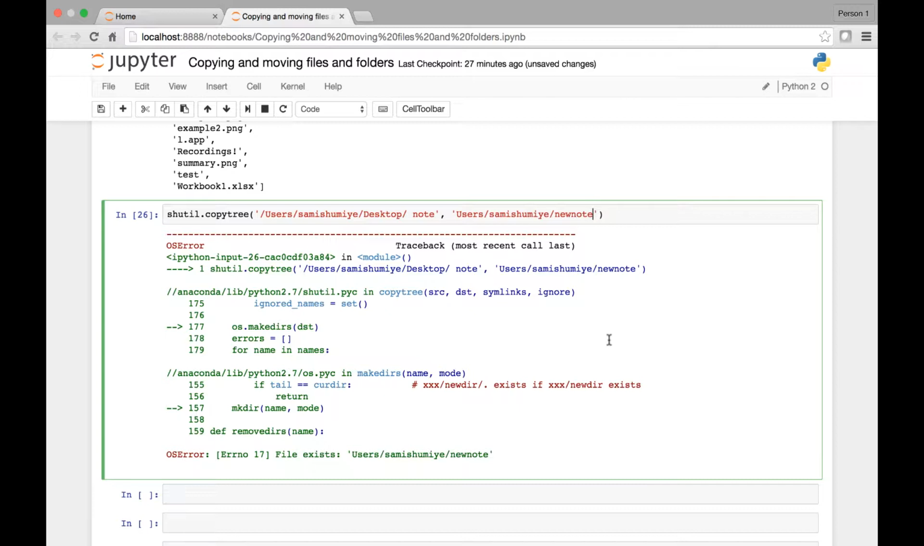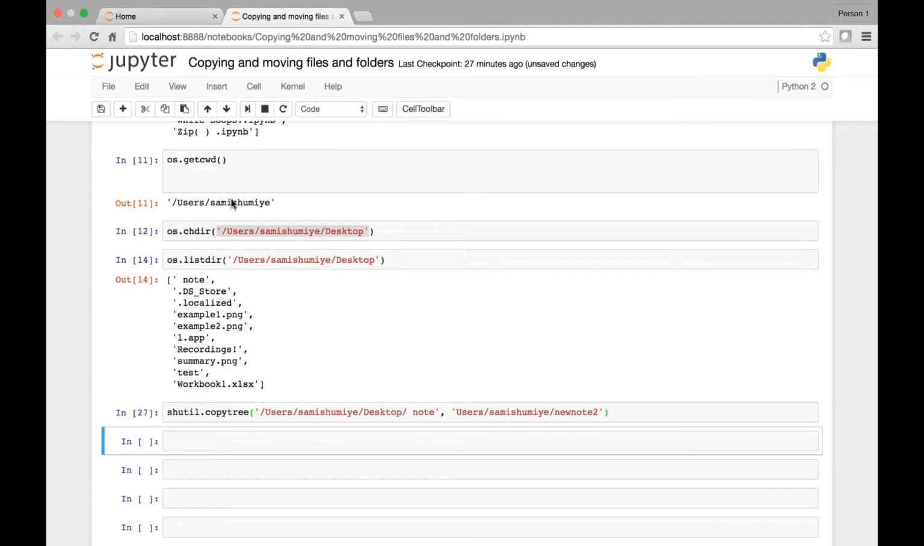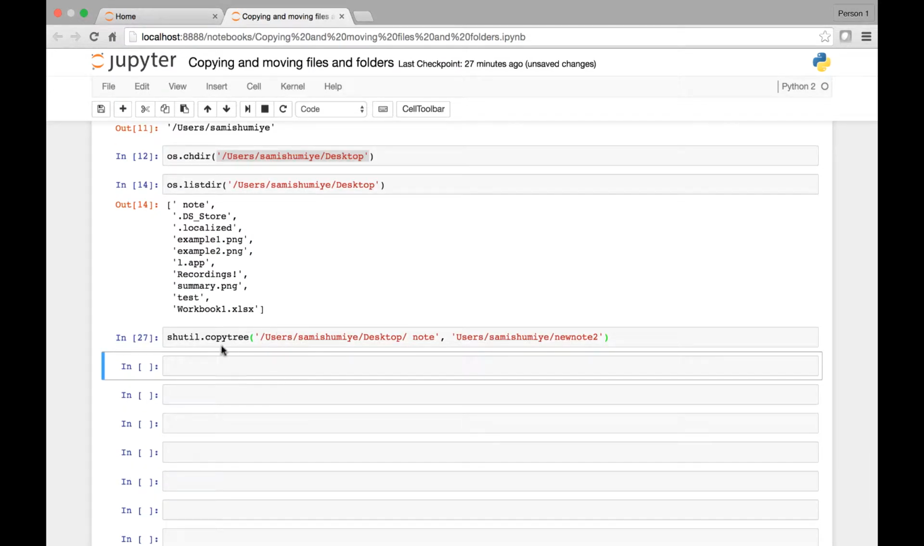So in this instance, I have to make new note 2. So this will make another copy by renaming it. Now if I go back to my user Sami Shumiye directory, I should get a copy of this note folder. Okay. os.chdir to Users Sami Shumiye,